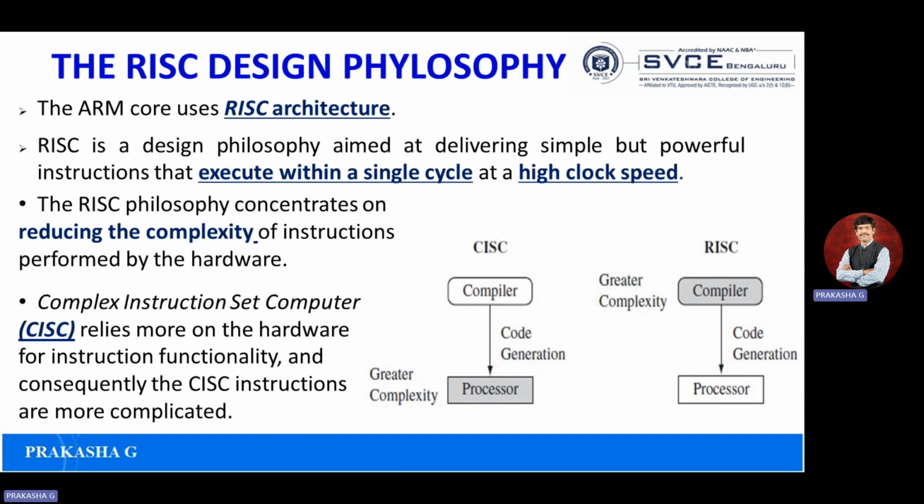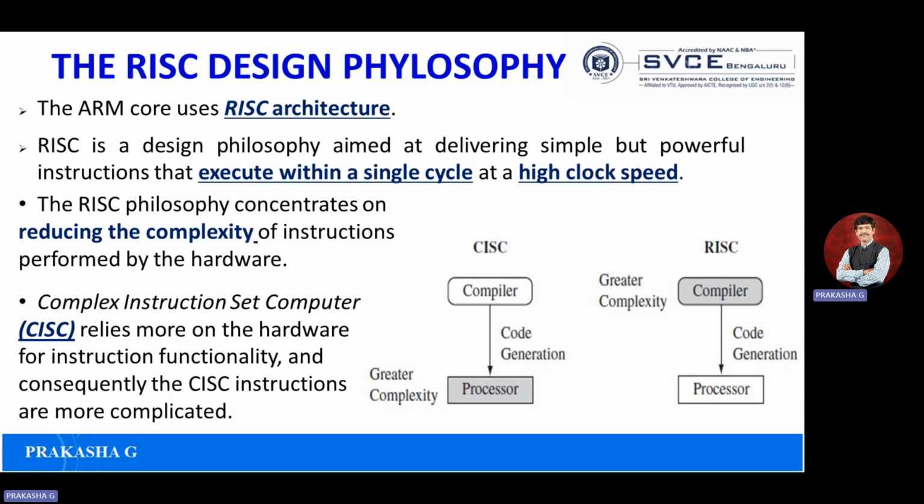We have hardware and we have software. This is the hardware, this is the software. In CISC also we are going to have hardware and software, and in RISC also. Compiler is software. Processor is hardware. CISC has a compiler and a processor. RISC also has a compiler and a processor. The major difference is in RISC